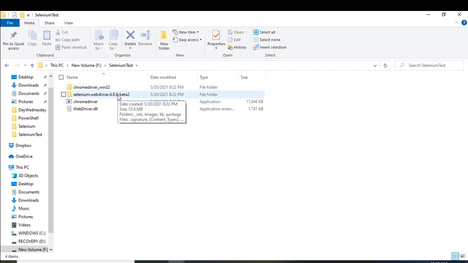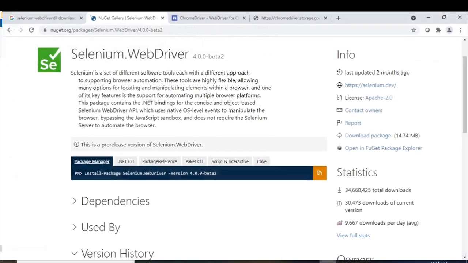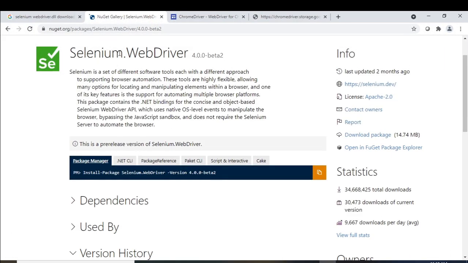But how you will get these two folders and how you will get this WebDriver.dll, you can go to this website, nuget.org, and it will give you the WebDriver DLL.